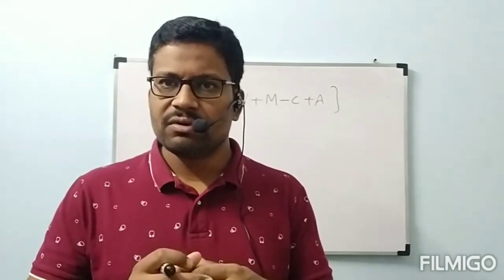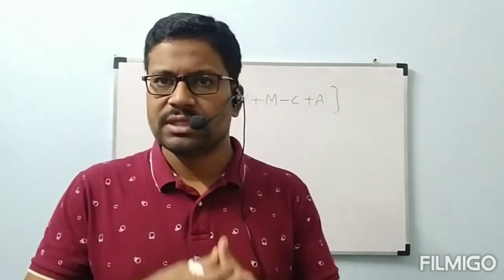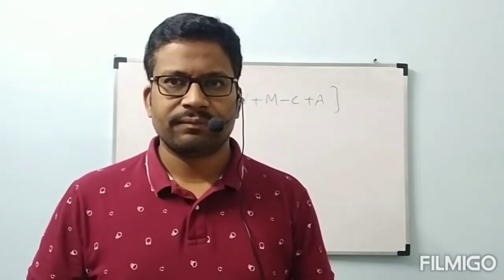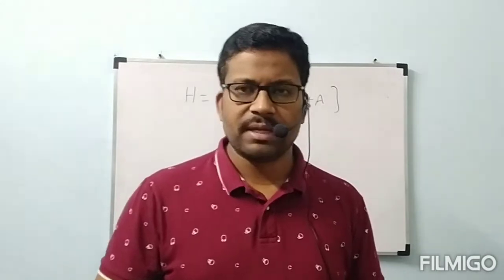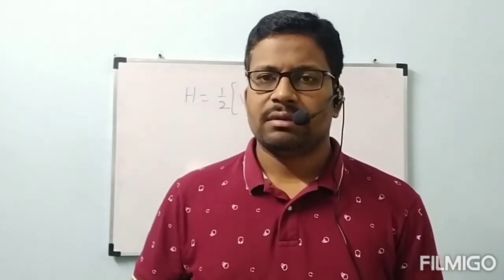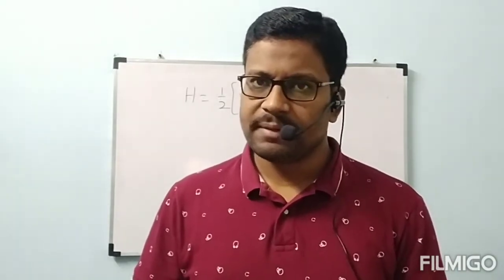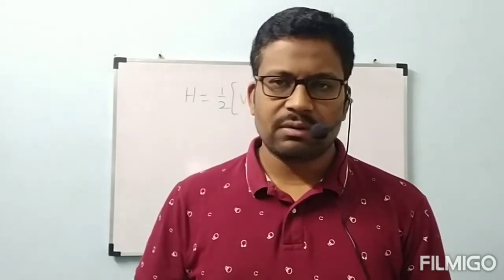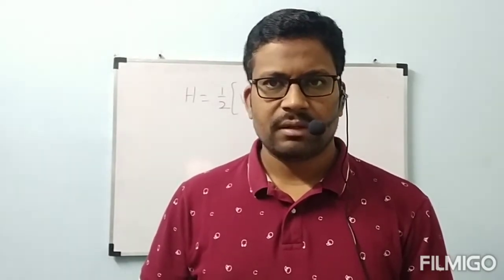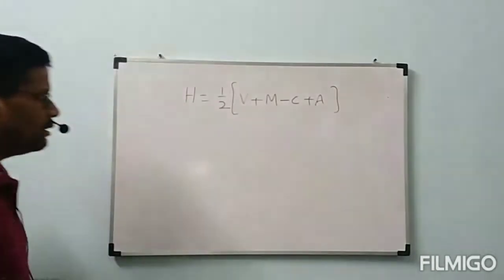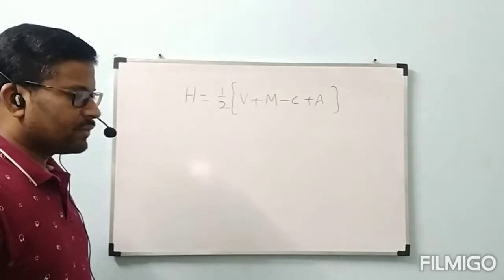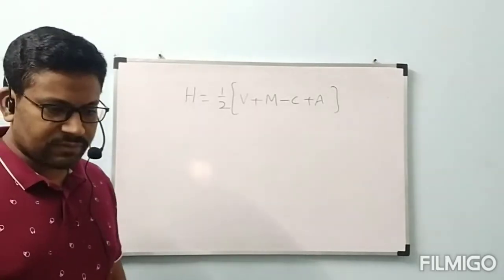Before going to these models, I have to say one thing: the molecule without lone pairs is called a symmetrical molecule. The molecule with lone pairs is called an unsymmetrical molecule. Now let us see. By using this formula, anything is possible. First we want to know what the different models are.